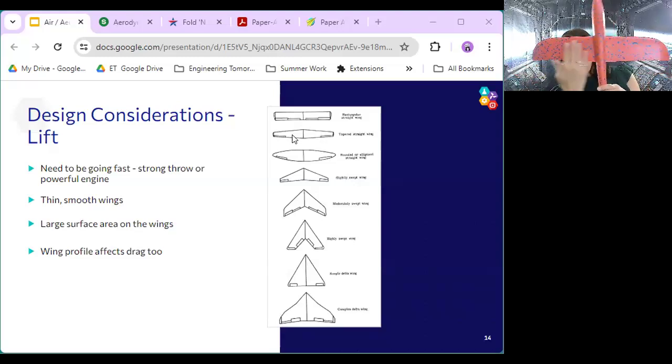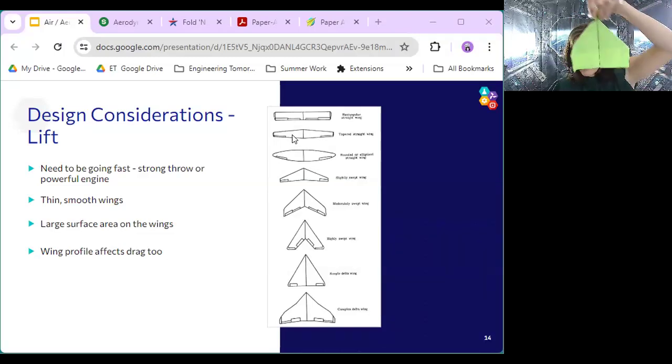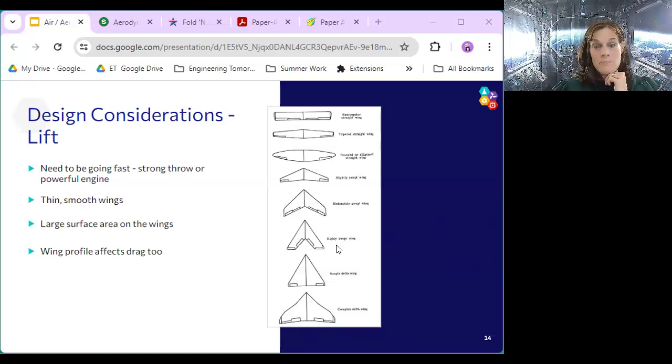So do I want a plane that has a straight set of wings? Do I want a plane that's swept back, kind of like this, like some of our aircraft for the military? So think about the surface that's going to provide that lift, which is your wings. And then